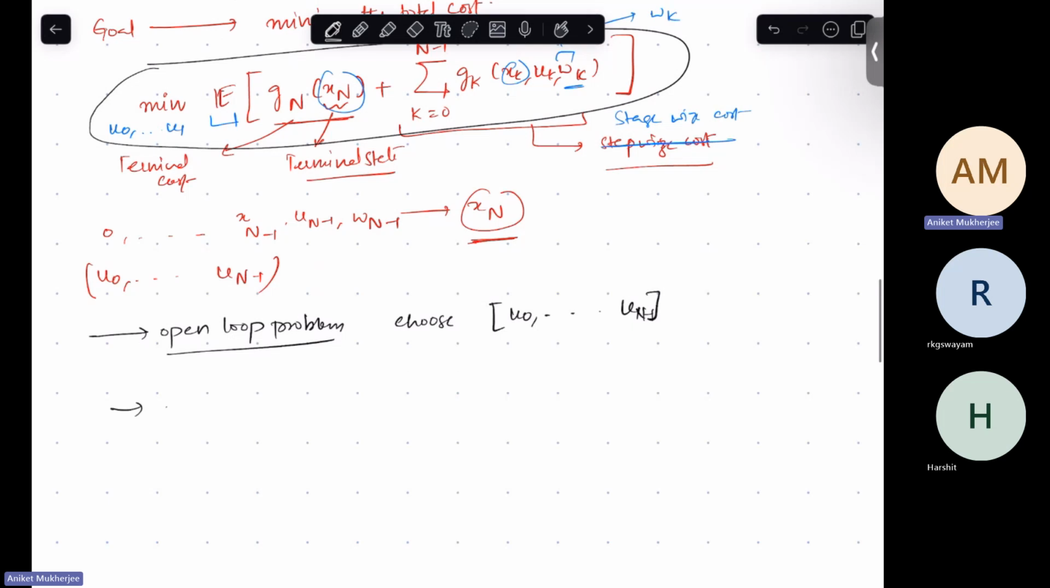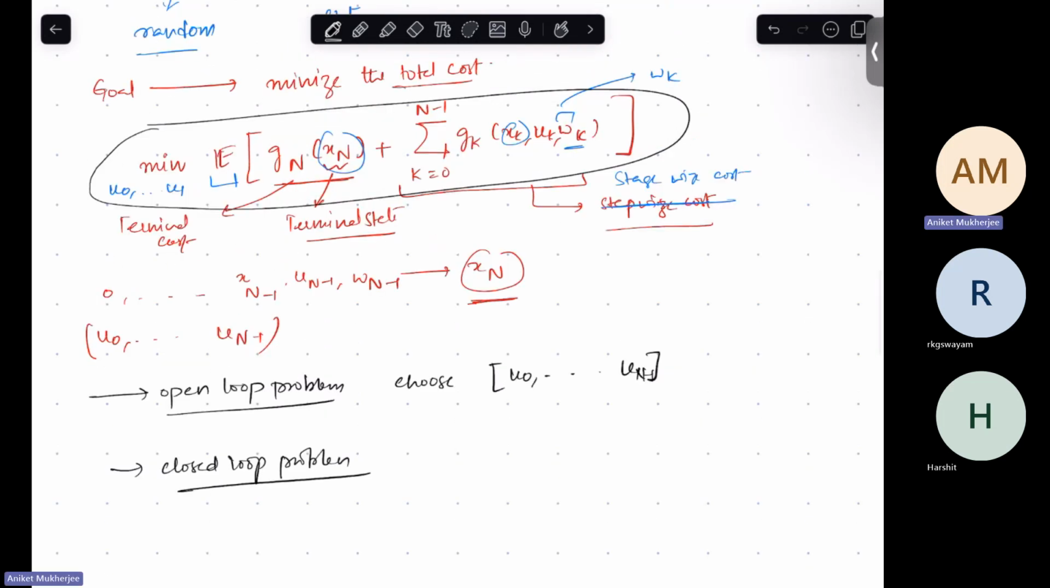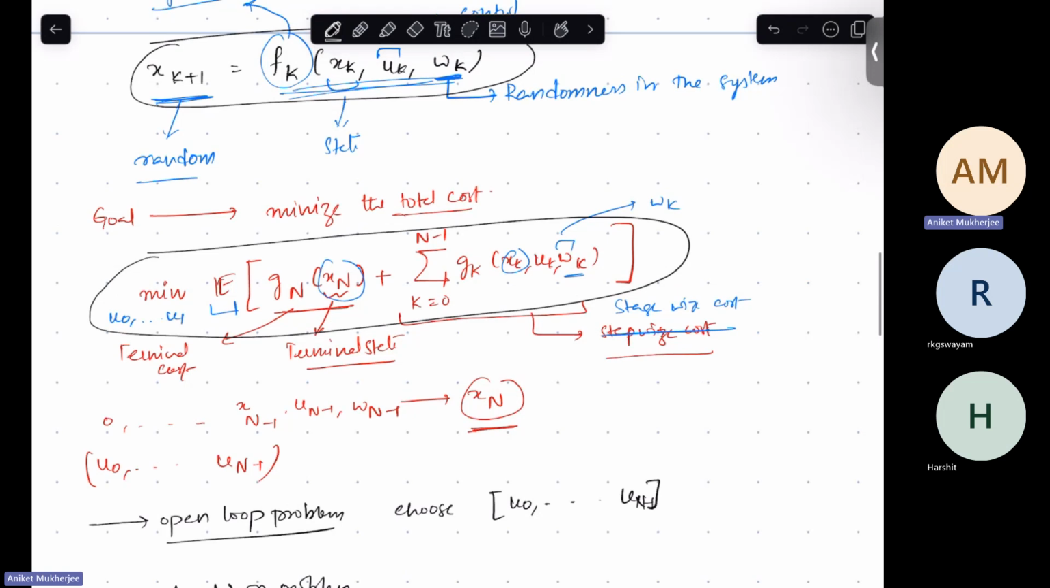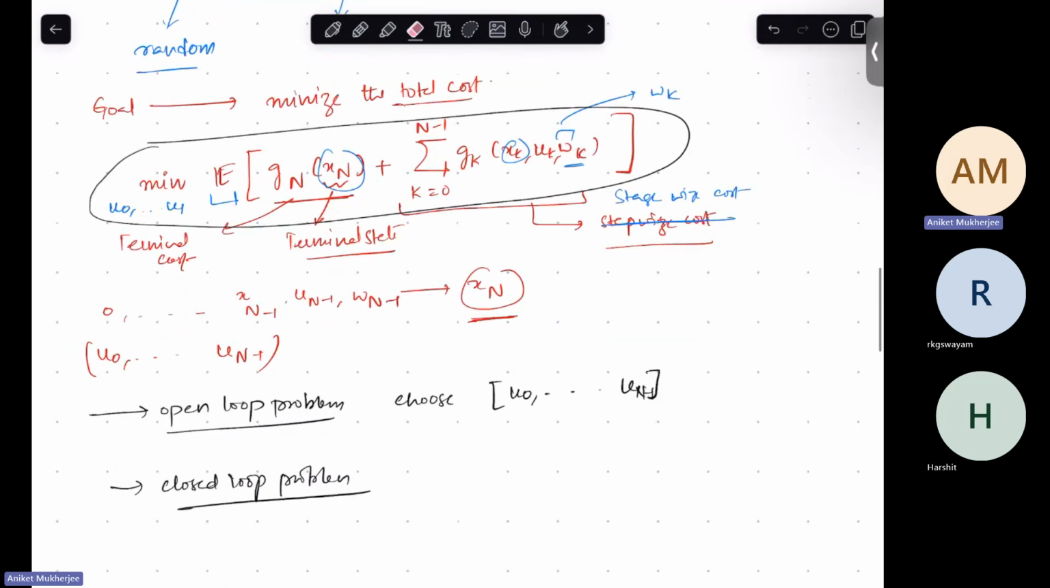The second is the closed loop problem. You first tell me what u0 is, then I run it in the system, I get x1, and I tell you what x1 is. Then based on x1, you say, okay, take u1 as this, and you give me u1. Then I run it through the system, I get x2, I tell you x2. You observe x2, and then you say, okay. So the closed loop problem is basically a sequential decision making